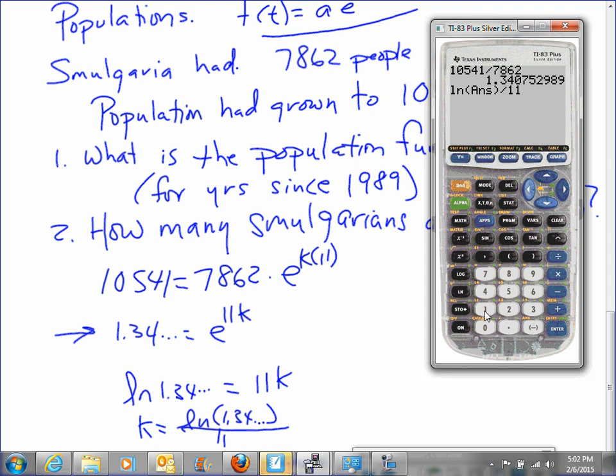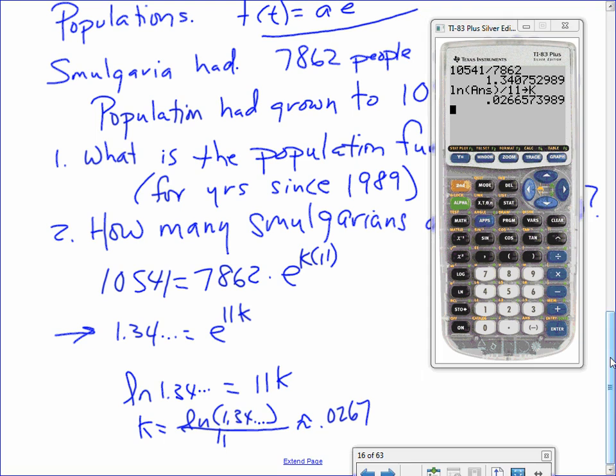Now, this number is going to be the constant for the Smulgarian population. So I'm going to store this in the K register. Okay, so natural log of the answer divided by 11, store K, there we go, 0.026657, etc. So K is approximately equal to 0.0267. And if I write that, that's fine, but actually what I'm going to use if I do any computing is I'm going to use